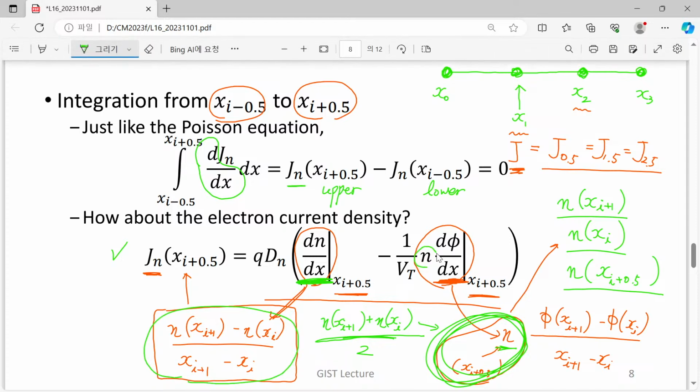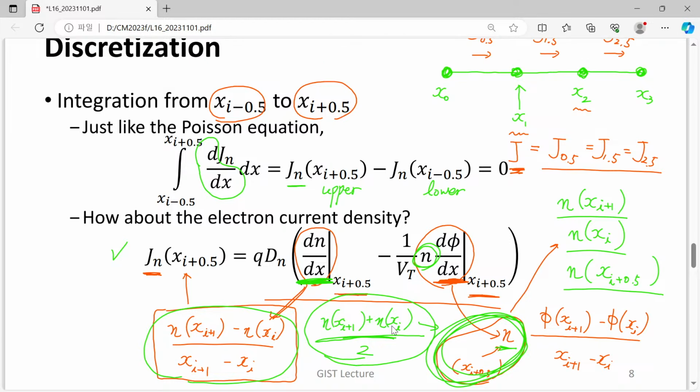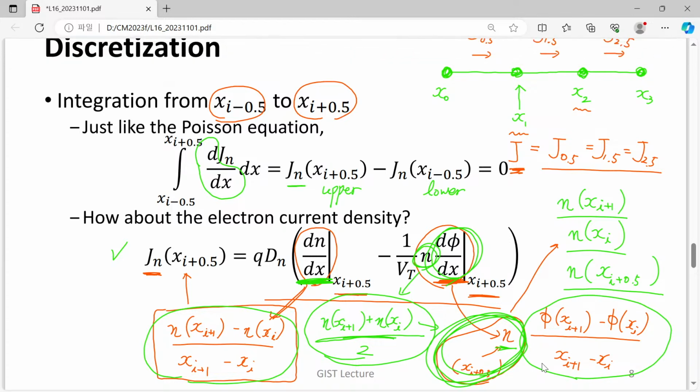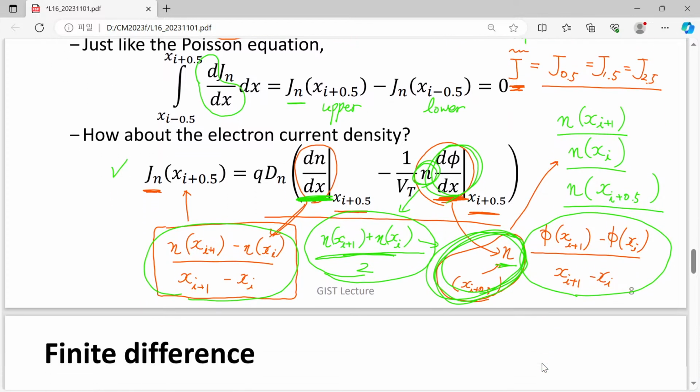When we interpret the midpoint electron density, we just take the arithmetic mean to follow the linear approximation. So also in the case of this d phi over dx, we just follow the linear approximation. It is quite simple-minded and seems quite straightforward. So now let's go to